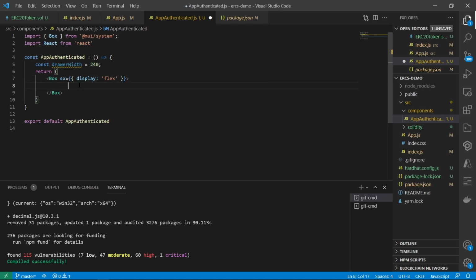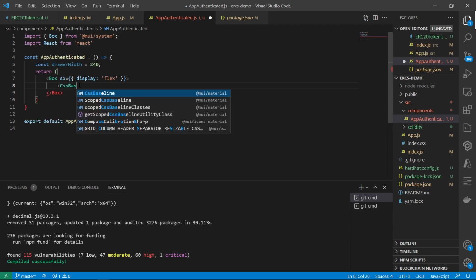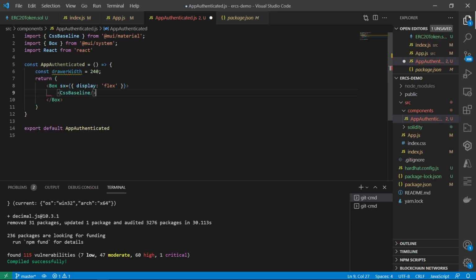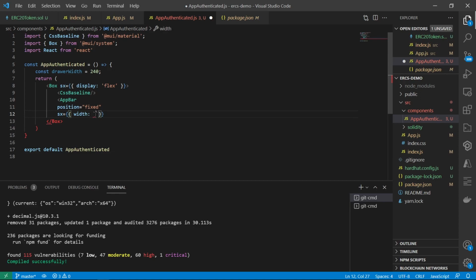Then we're gonna do CssBaseline like such. Then we're gonna do an AppBar. So all of this is a bit of CSS to get our application looking great. Okay, so position fixed. Then we're gonna have some custom CSS, width. So this is for the width of the app bar, and we're gonna put backticks here because we're gonna put a variable inside of the string: calc, 100% minus